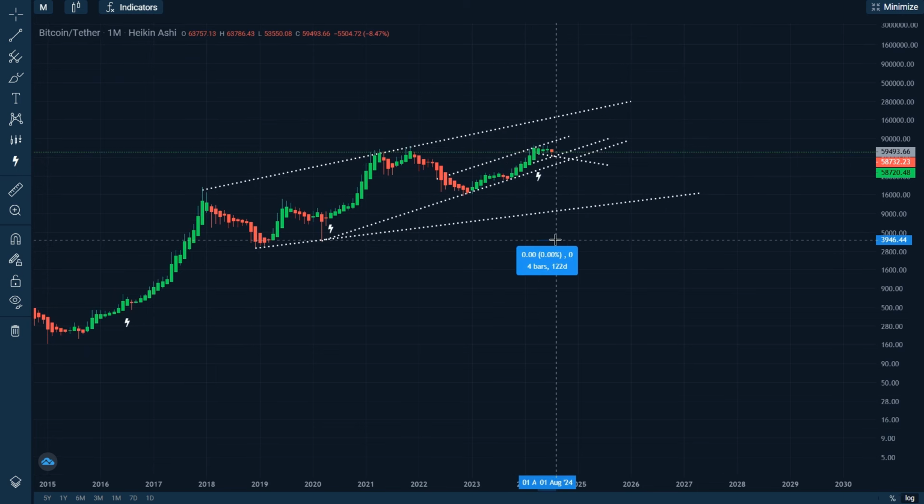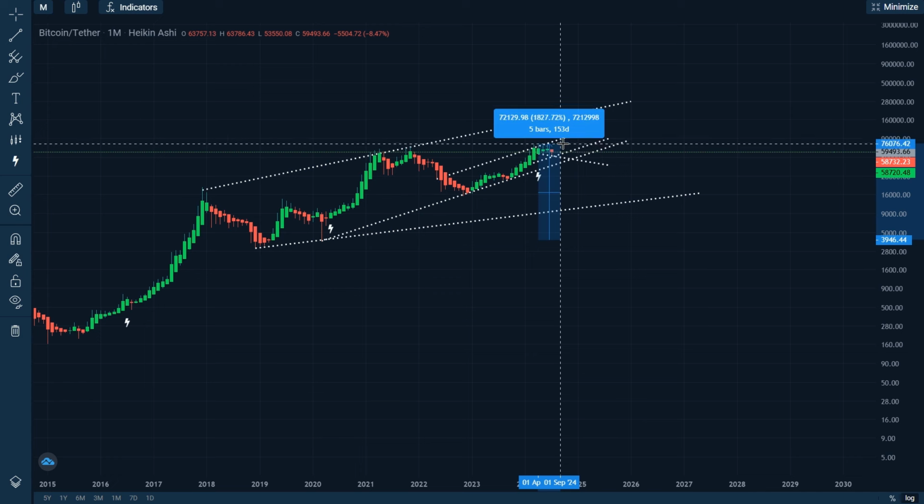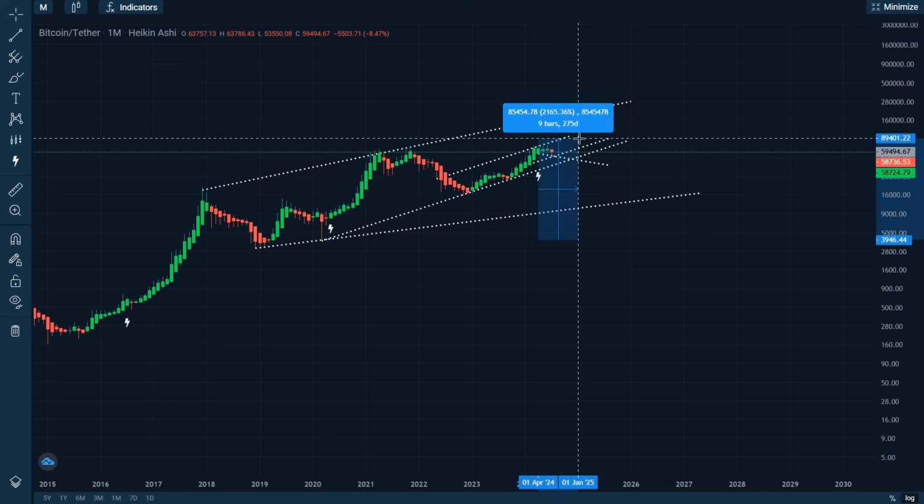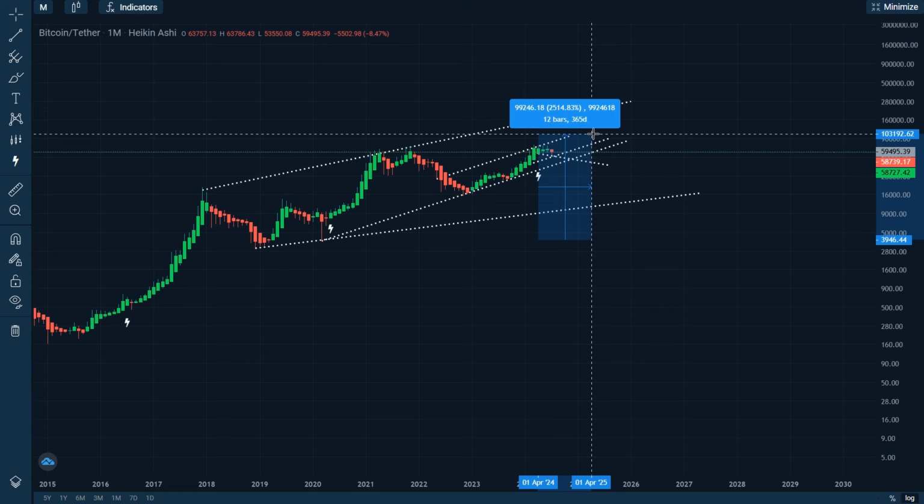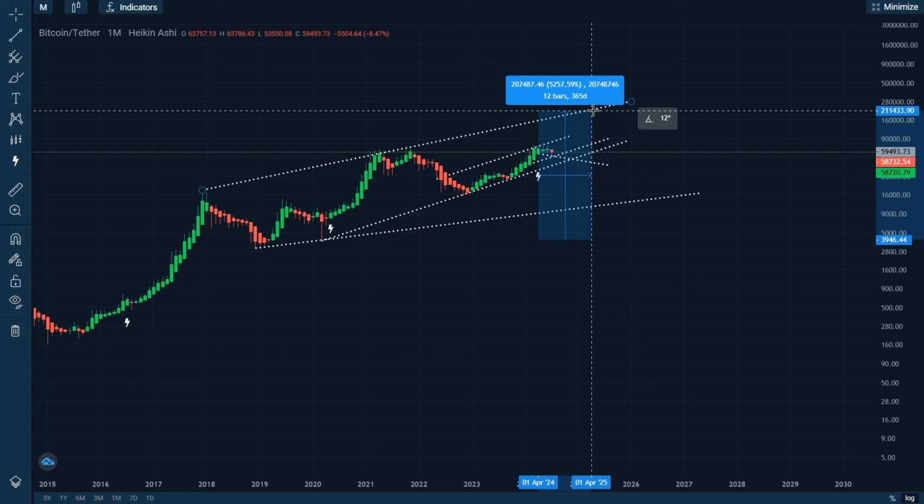By the 5th month now, which is September here, we should be back up and retesting these areas right here. And I expect by the 10th, 11th, and 12th month, so February, March, and April, will be showing our next swing and current top. It doesn't have to come up to as high as 200,000, but